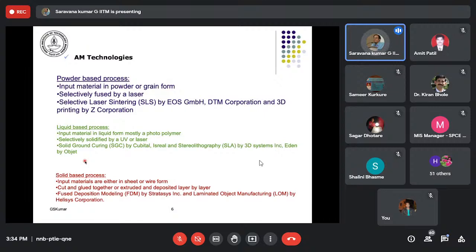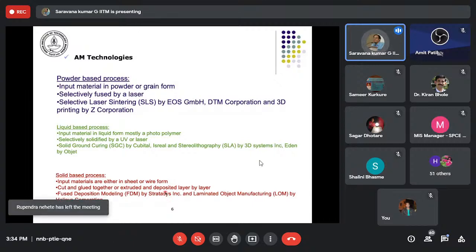Because FDM, I think, is a company trademark name, and now the patent period of Stratasys is not covering it, you will see a lot of low-cost printing technologies coming using this fused filament modeling process.